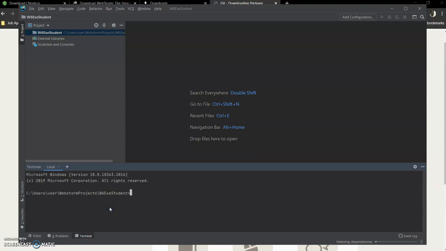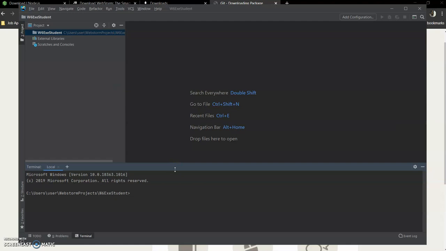It would open up a new local terminal for us. One of the advantages that we have with WebStorm is it gives you a terminal right next to our development IDE so that we can have a look at what we are doing.